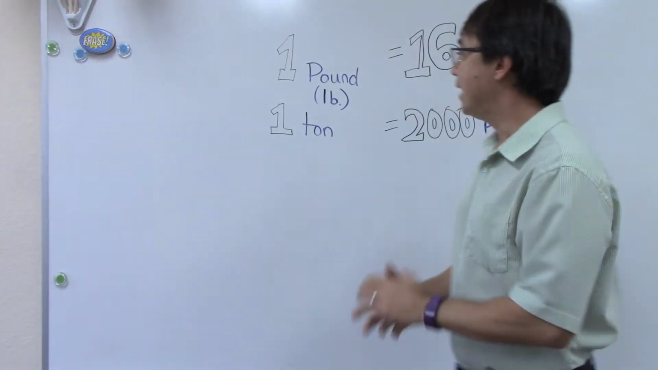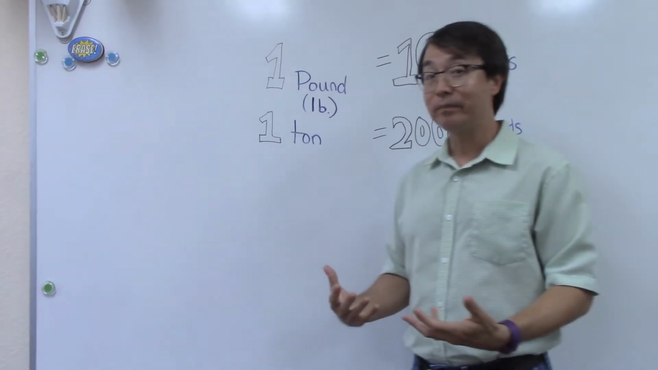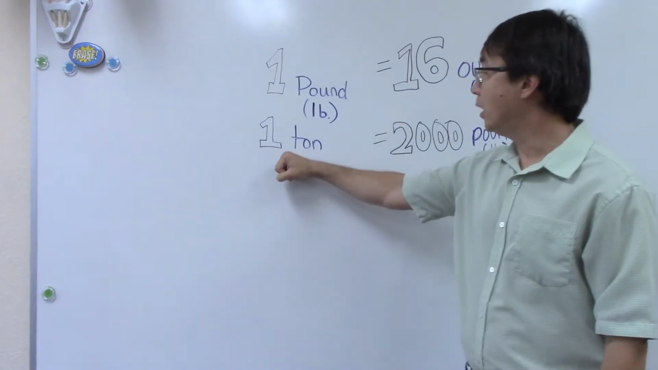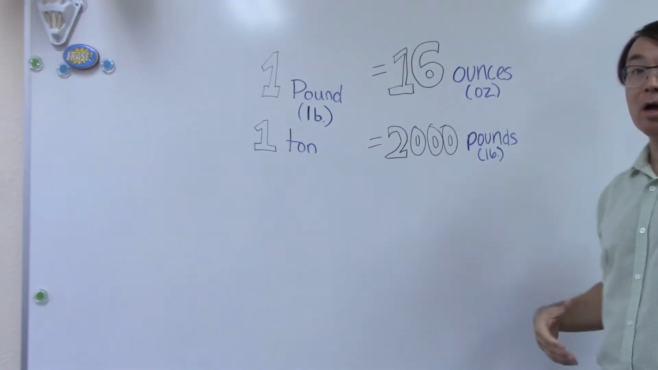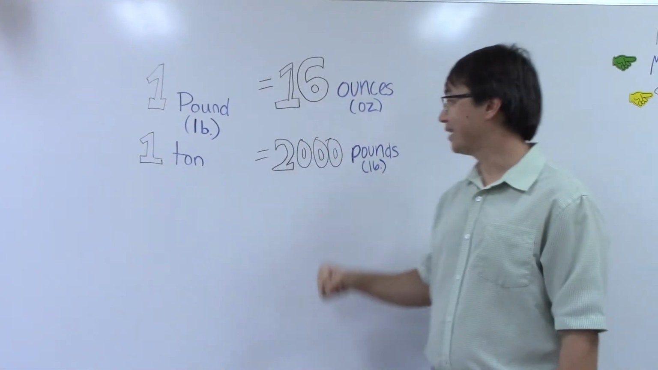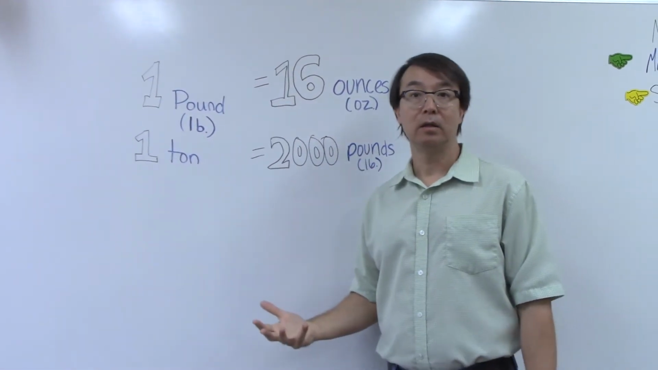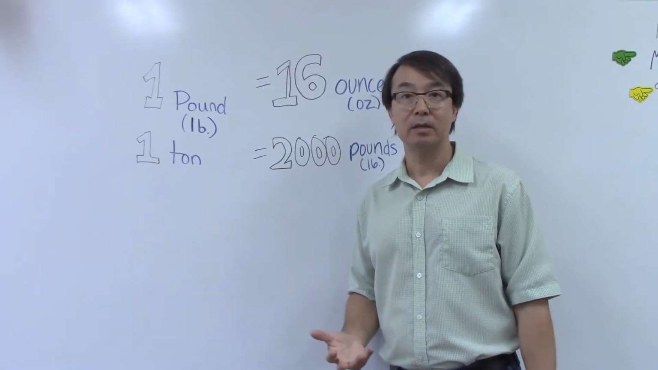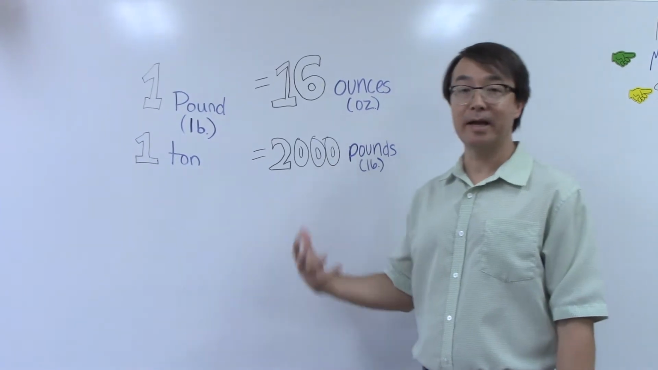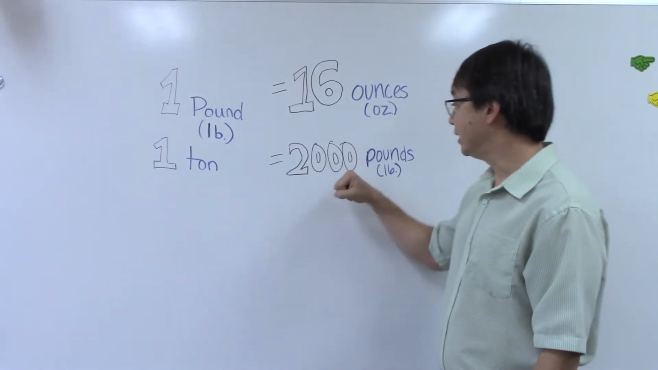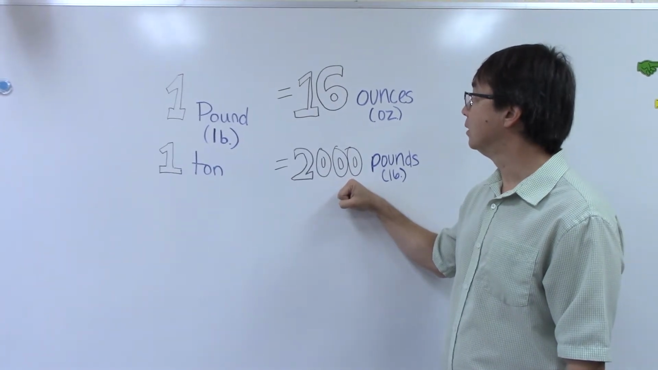Now, if you're talking about something heavy, then you're going to want to use a ton. 1 ton is equal to 2,000 pounds. Okay? So this is like the size of a truck. Maybe your family has a 1-ton pickup truck, right? That means it has a payload. It can carry up to 2,000 pounds. Right? And so this is pretty heavy, 2,000 pounds, right? So